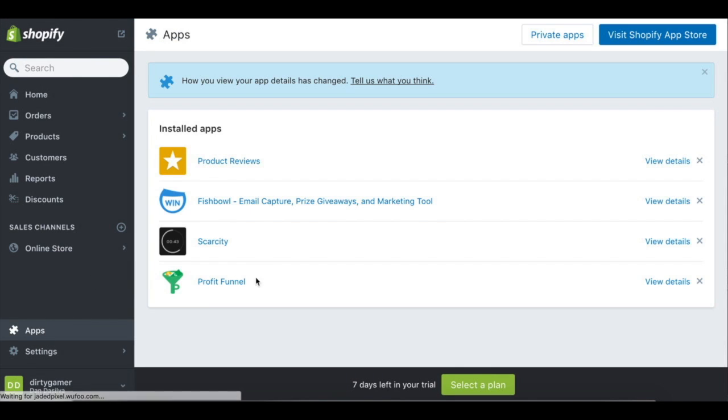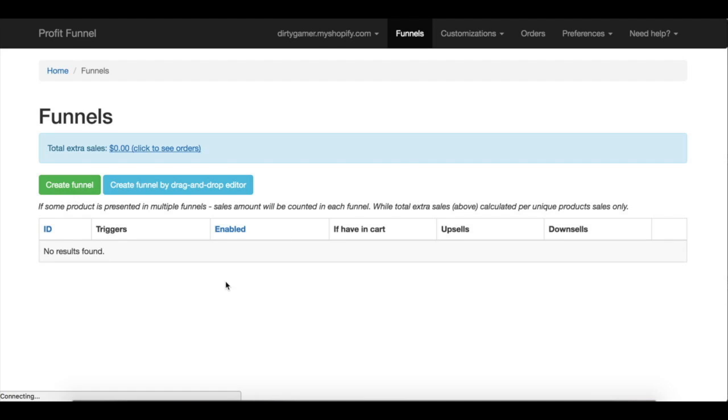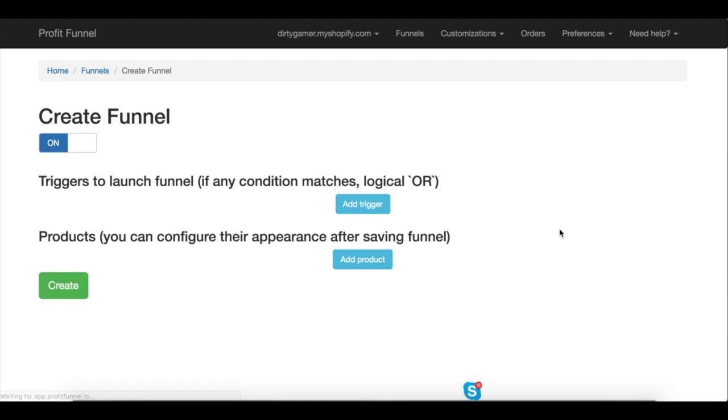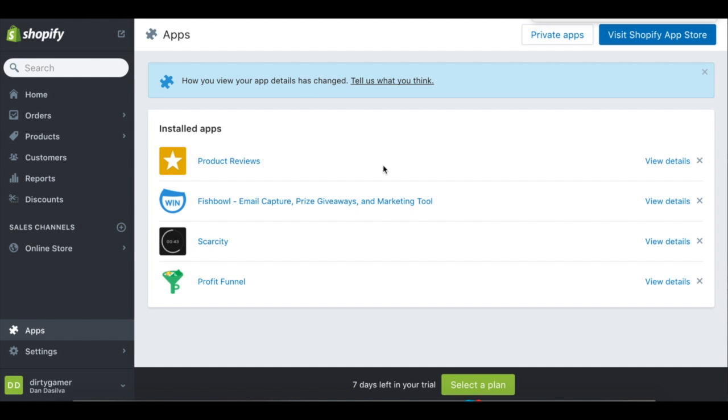So also applications that I have: profit funnel, scarcity, fishbowl, product reviews, more I'm going to be adding. If you already are following, profit funnel is definitely something that we're going to be using, very religiously. Every single product we have, we're going to be using profit funnel, only because of the fact that we're going to need to go out there and set it up for upsells and downsells and whatnot. So what I'm actually going to be doing is adding more products in. So you can take a look after this video